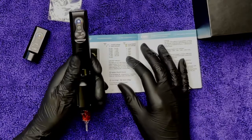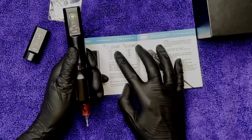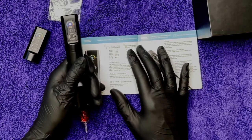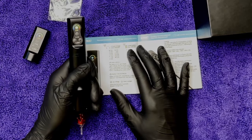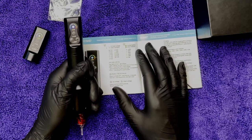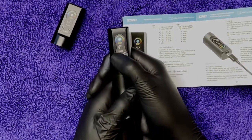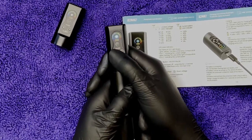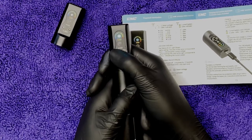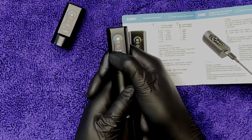So I'm gonna start at the lowest operating voltage. There are 13 levels of voltage, and they're all represented by colors, but you can also just hear the difference between the sounds. The lowest one is a 5 volt, and that is blue. The blinking green just means I have 100% battery right now, so you can ignore that blinking. There's the blue again, that's the 5 volts. One increment up is 5.5. So it goes up in half increments. Next one is a 6, 6.5, a 7, a 7.5, an 8,